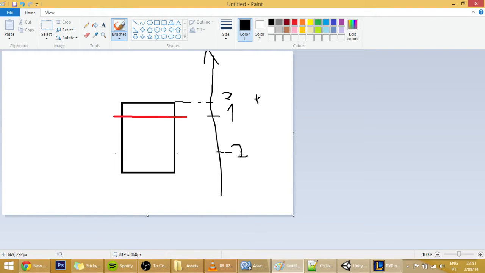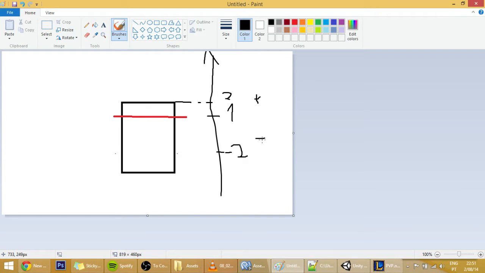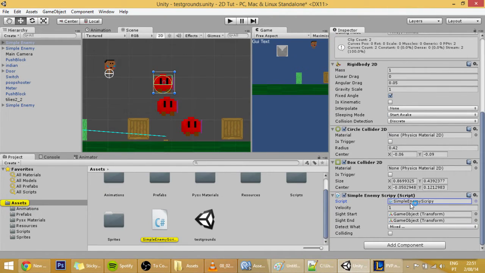Well, minus 2 minus 1 equals minus 3, which is a negative value. And so if the height of where our player collides with the enemy is above the height, which is, and it will make it bigger, then the enemy dies, else we die. So let's make that code right now in our enemy script.